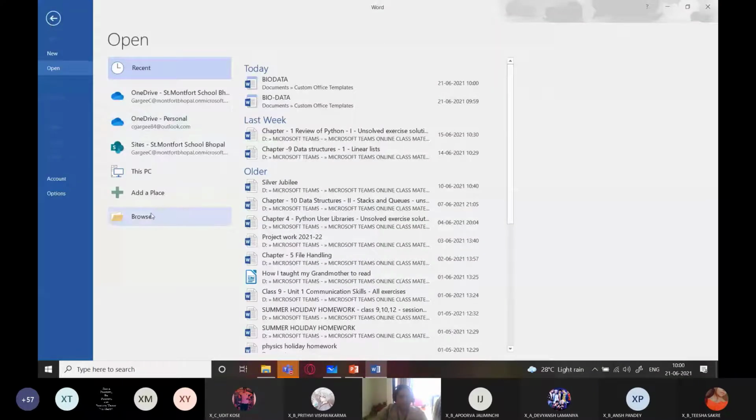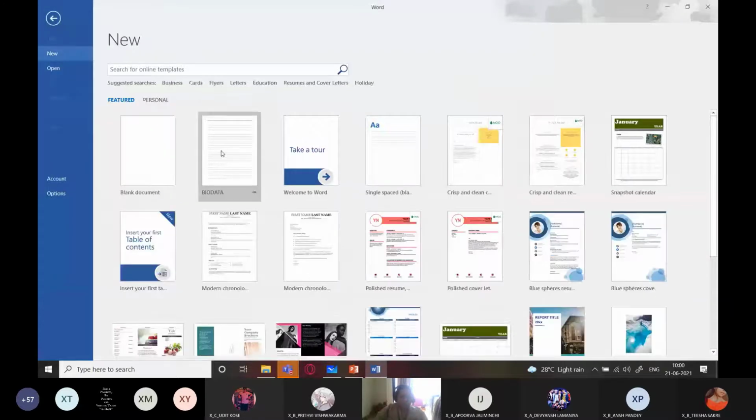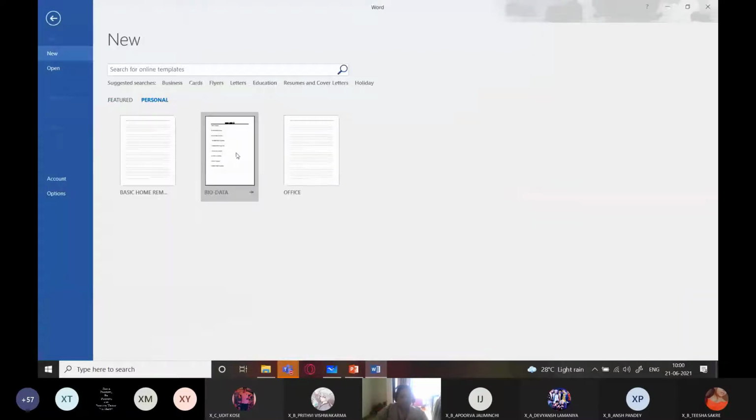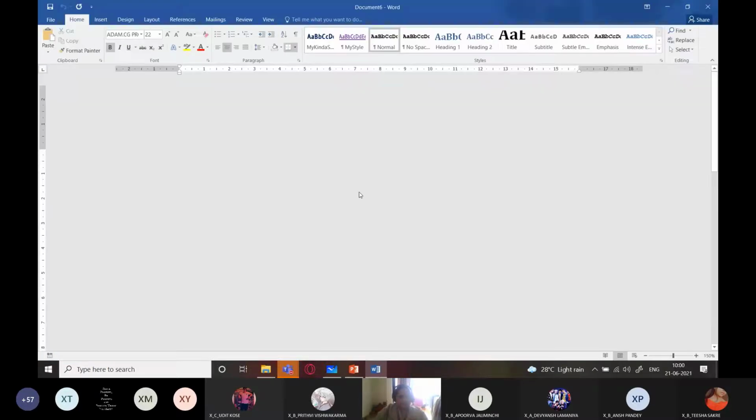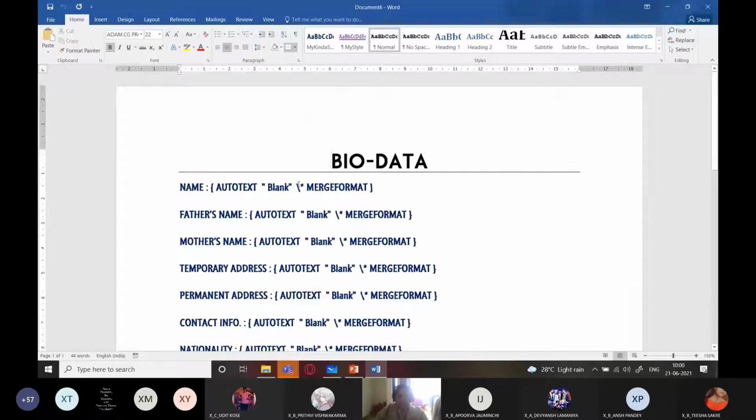Now again I'm going to File, Browse, or I'll go to New. Okay, go to Personal, and here it is, the new biodata. So I'll just click on this and it opens. Now just click on this and type your name. The thing is, there was some glitch. Because of this, my placeholder is gone.